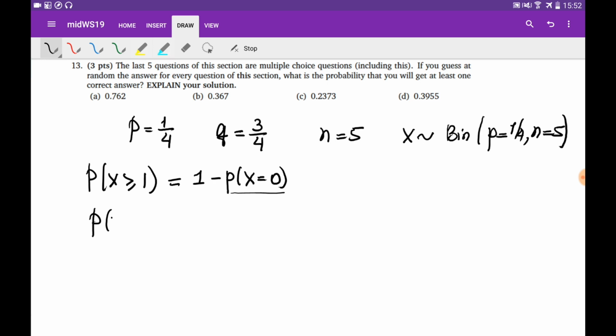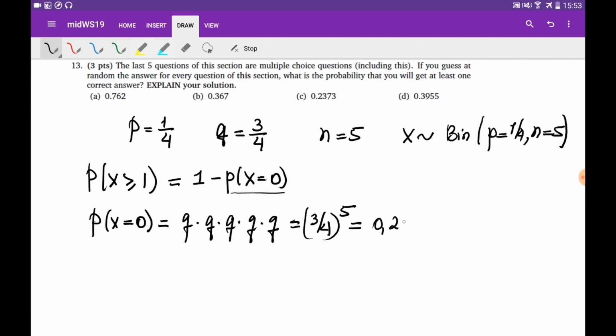Probability of x equal to 0 means that you answered all the questions wrongly, right? Which is q multiplied by q multiplied by q multiplied by q multiplied by q, or basically q to the power of 5, which is 3/4 to the power of 5, which is going to be